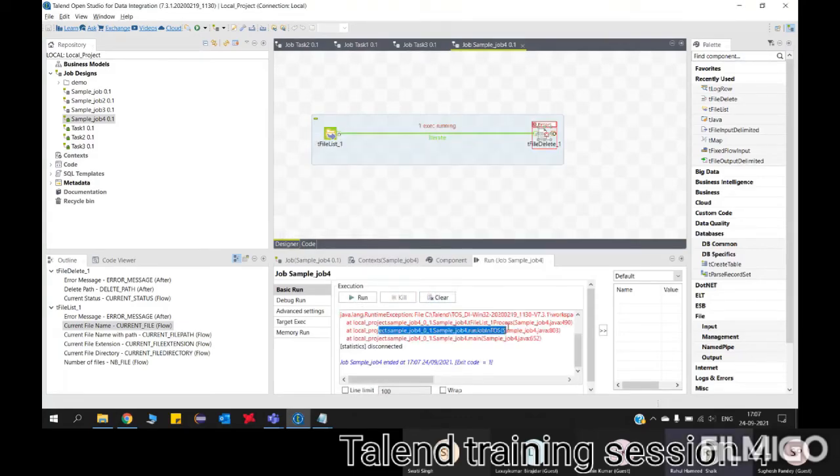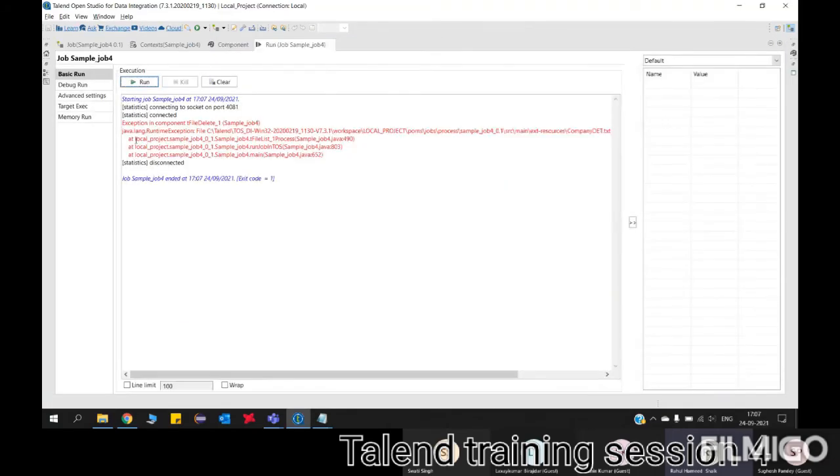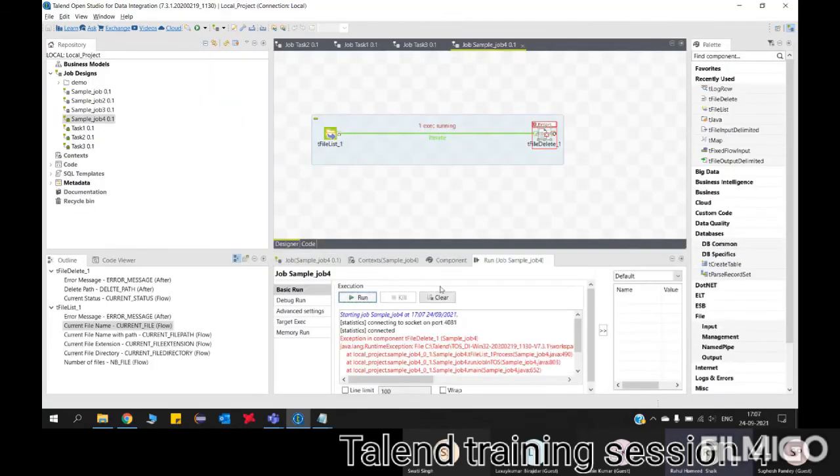See, now on iteration, you are seeing something in red color. One, can you minimize this? Not this one. We will come to the error again. If you see on the iterate link, at the top of that, one execution running. That means the very first iteration is running, because it depends. If you are getting 2 files from your T file list, it will run 2 times. If you are getting 4 files, it will run 4 executions. Now let us fix the issue.